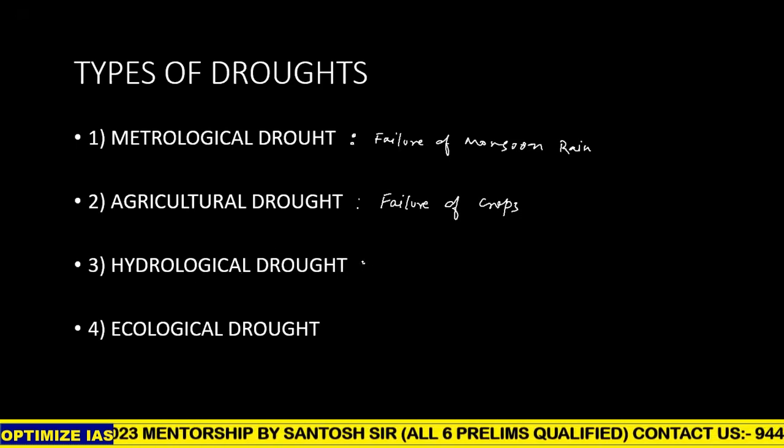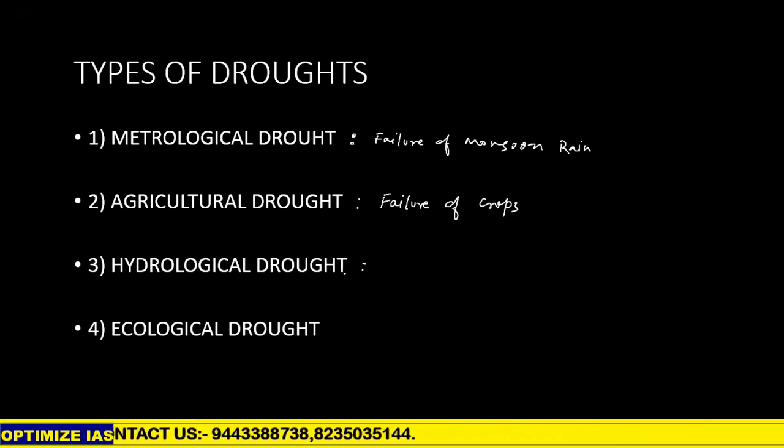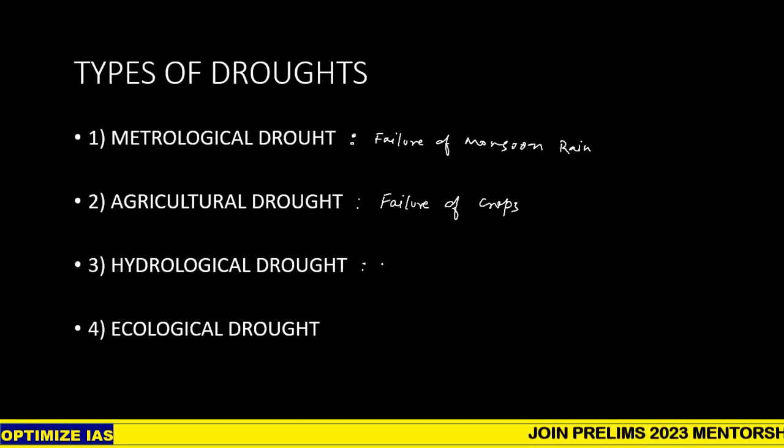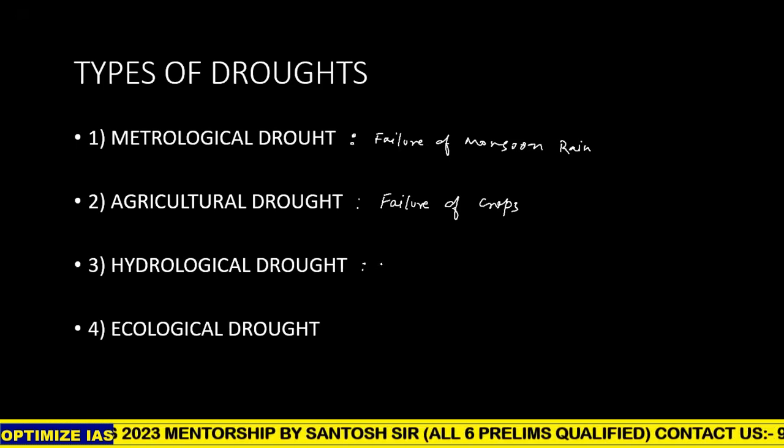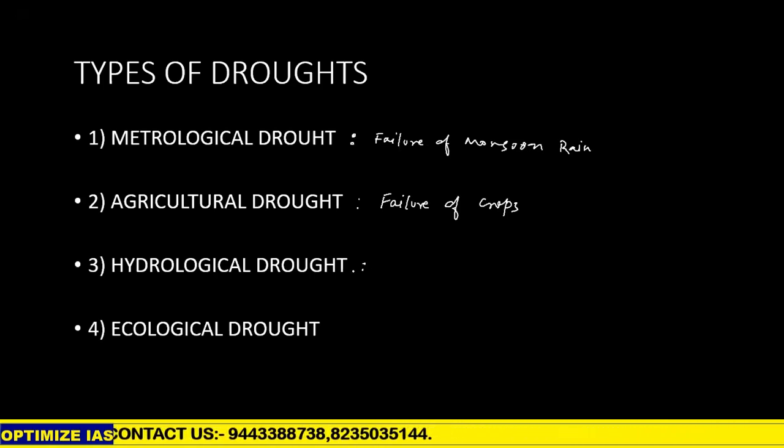So what is hydrological drought? In spite of rain, water is not able to percolate down, so the soil does not have proper moisture. In those areas where the drainage system is poor, percolation and storage of surface water are not there, and infiltration of water is not there because of terrain, topography, and rocky structure. That is called hydrological drought. Means less infiltration, less what?